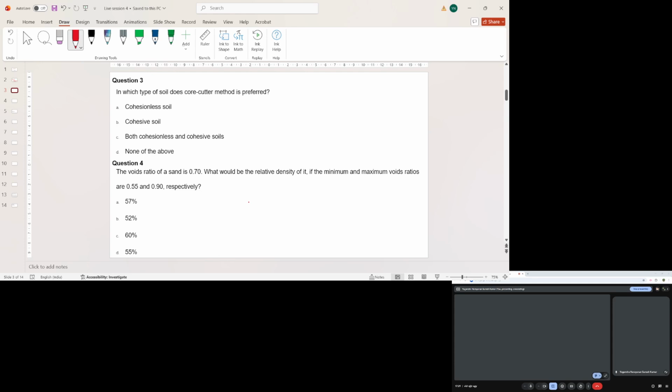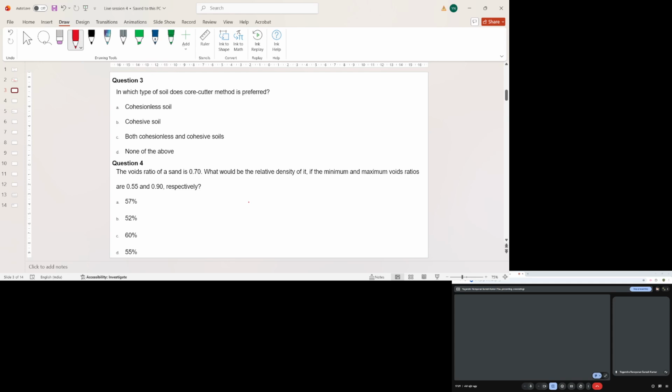So there should not be any loss in soil, which can result in fatal errors in calculation of bulk density. Hence, this method is purely utilized for cohesive soil, where the soil remains intact even if we remove the